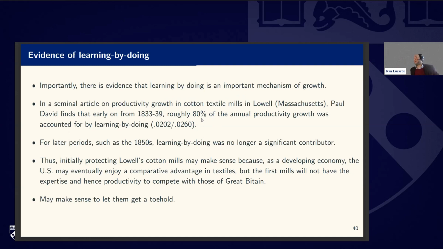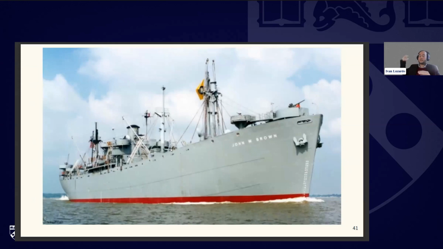What is interesting here, and would be something to discuss in a complete lecture, is that the learning by doing effect disappears after a while. It seems it was very important in the early stage, but by the mid-19th century, learning by doing did not have any significant contribution to productivity growth. So we can conclude that even if you implement this strategic trade policy, you probably have a time constraint. It should probably be implemented, but just for a while. The problem is the political economy behind that: once industries are protected, removing that protection is quite difficult. Let me finish. I will continue the remainder of the lecture in